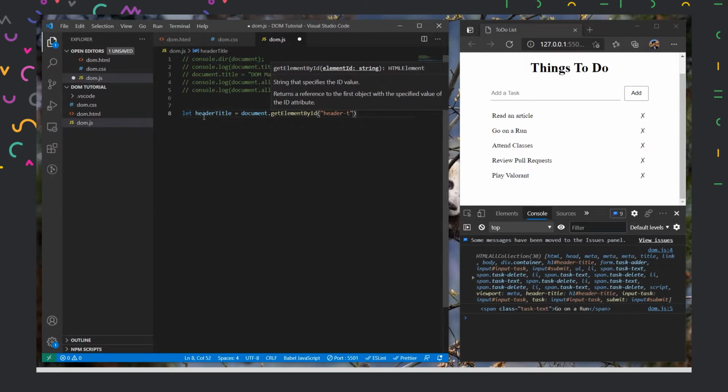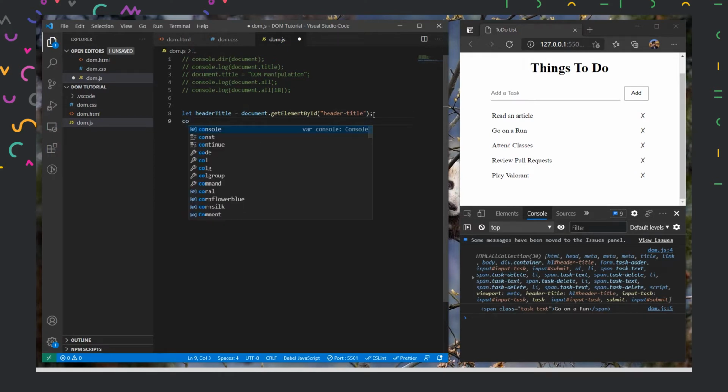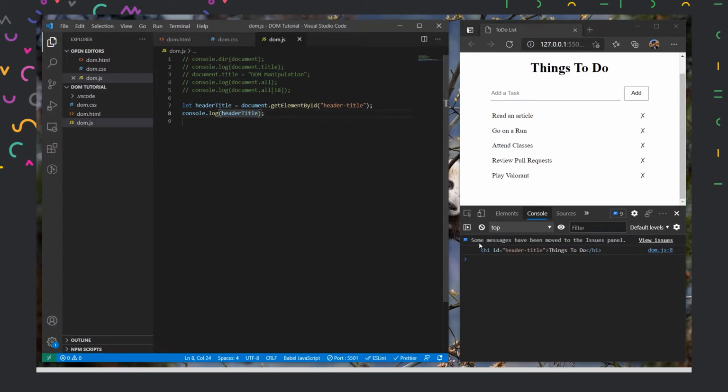If I put header title here, you will notice that it will select the property. And let's console log it now. And I'll put the header title here. Now, if you see, the header title is selected in this part.